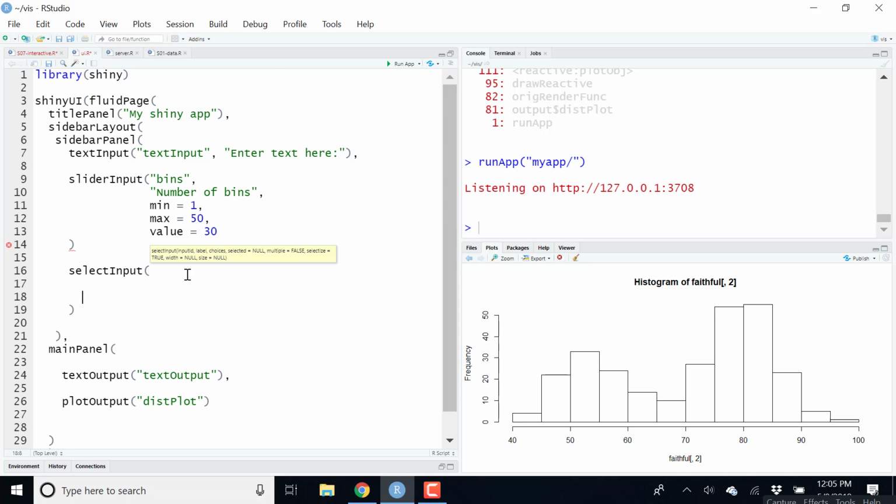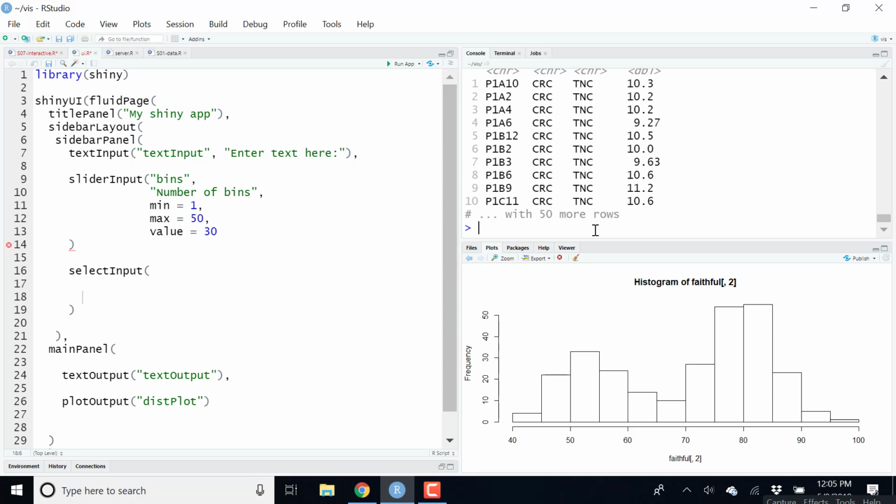So what was the reason for +1? That has nothing to do with Shiny. That's the number of bins that we want. Why wouldn't we choose... So let's see, x faithful